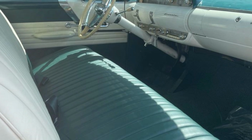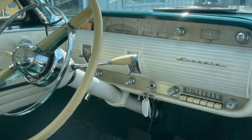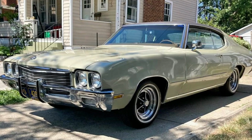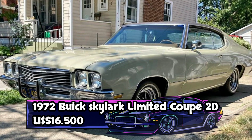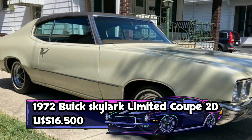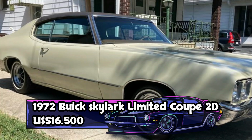This Lincoln Capri is not only a beautiful collectible but also a piece of automotive history. Its combination of vibrant color, elegant design, and luxurious features make it a highly desirable car for collectors and enthusiasts alike. Number 15. The 1972 Buick Skylark Limited Coupe 2D, priced at $16,500, is a pristine example of an all-original